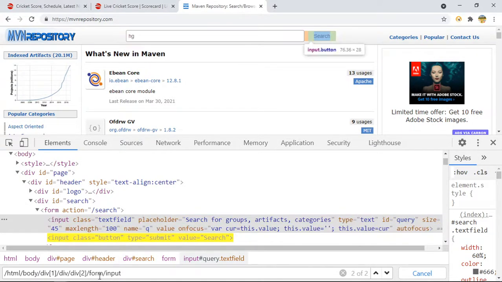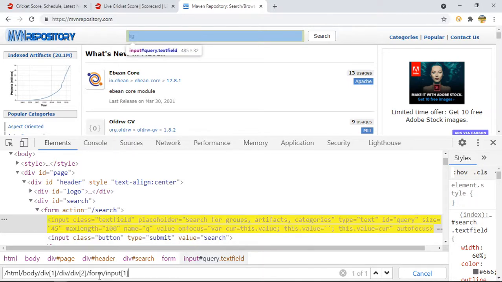The second one is for the button. I want to go to the first one, so I will say 1. So this is going to be our absolute XPath, starting from the single slash. It starts from the root of the web page, which is HTML, and from there one by one we are going till the element, right? Is it clear to everyone?